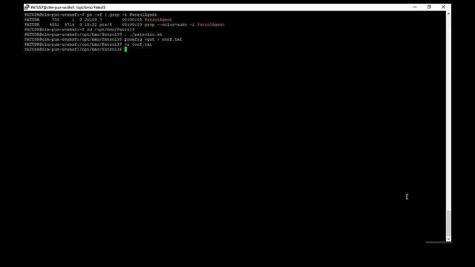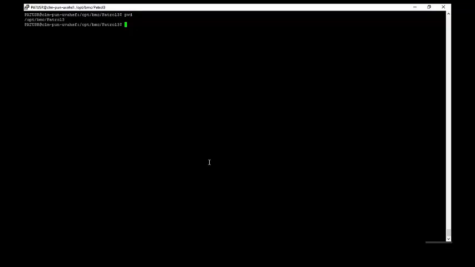To reload the configuration, we will need to give the command pconfig -reload and path of the file where we have made the changes. The configuration has been reloaded. To verify the connection details, we need to access the Petrol Agent error log file, which will reside under log directory.